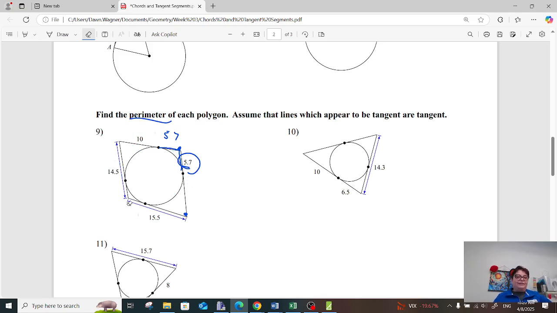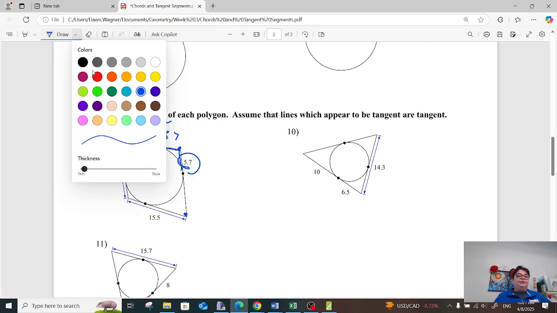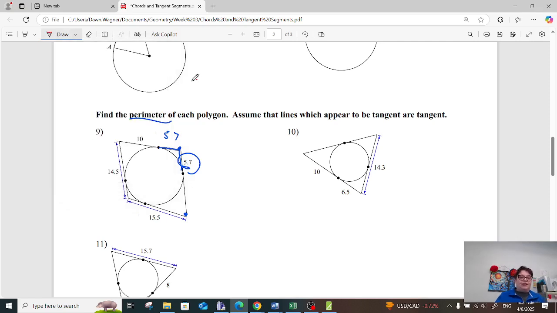Turns out there was an overlap here, right? So I need to figure out what this little overlap is so that I can figure out what this length is. I'm going to change the color for a minute. So I need to do what? I'm going to need to walk around,